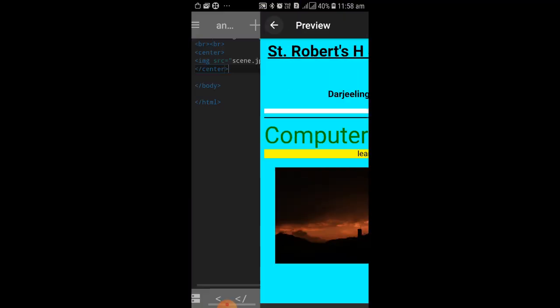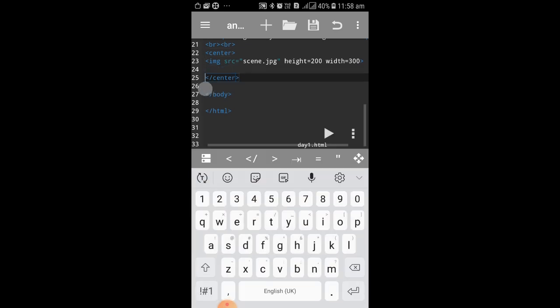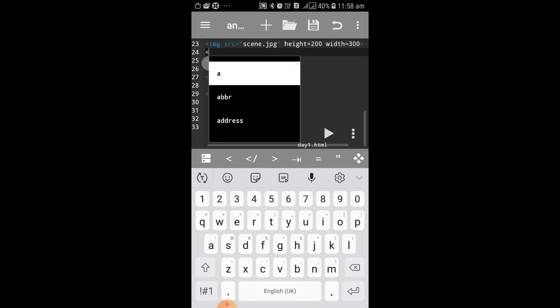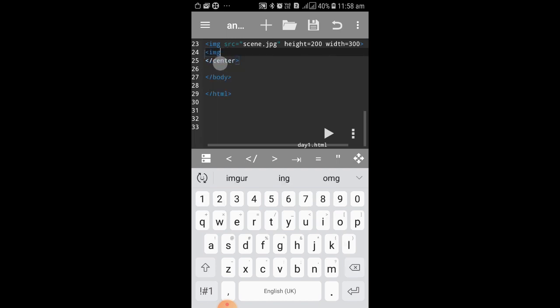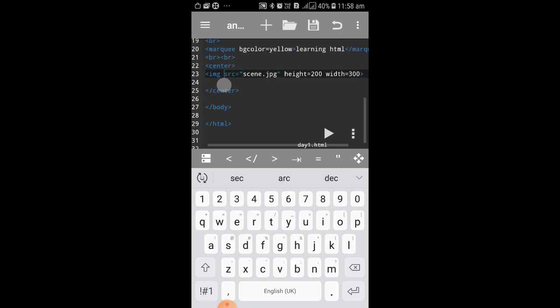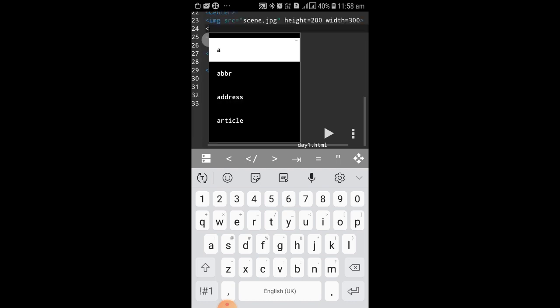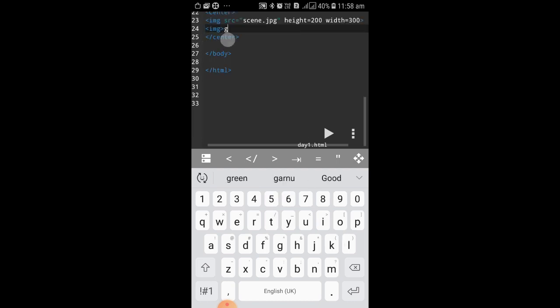Okay, let's go to the coding section. After img, one more img src. Let's see if I can copy the whole line. Why type it again and again? Is it possible? No, copying is not possible. Menu is empty. Okay, img src